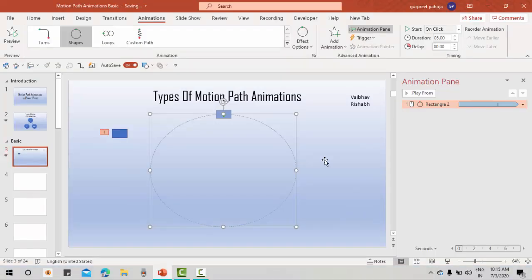So in the same thing we can do, we can add 2 or 3 animations as well.